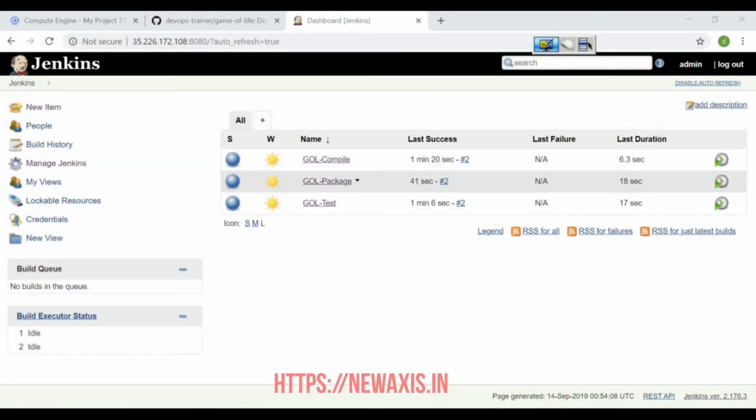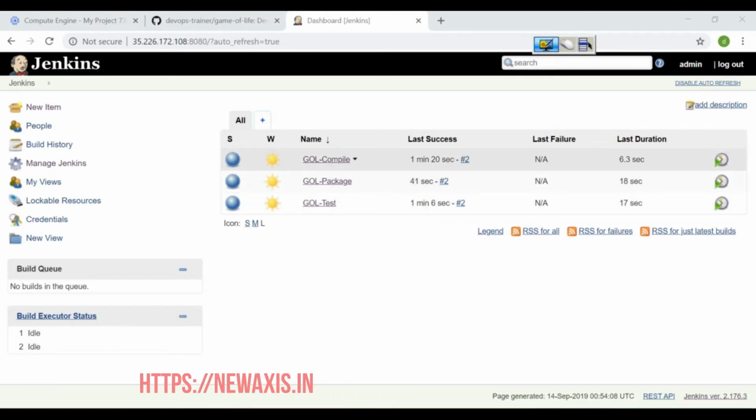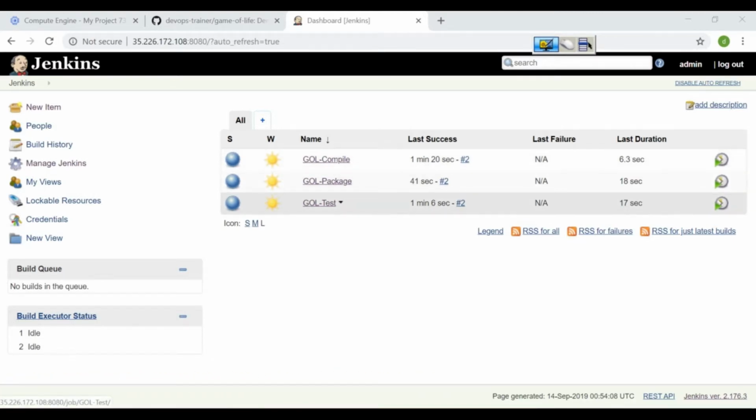So now our delivery pipeline is ready. But from the dashboard, it is difficult to visualize the pipeline clearly. If we have more jobs, like 10 jobs and so on, we cannot visualize this pipeline better. So to view this pipeline in a pipeline view, we have got a plugin.